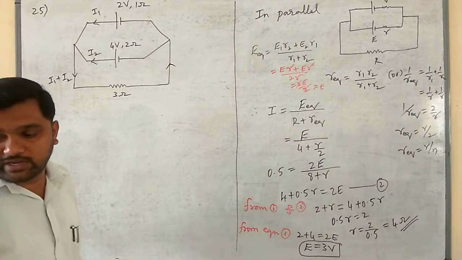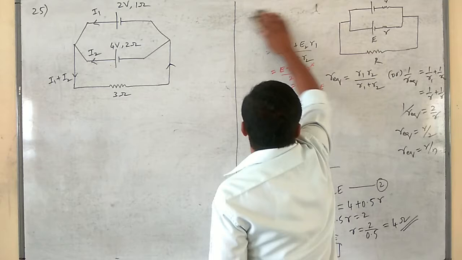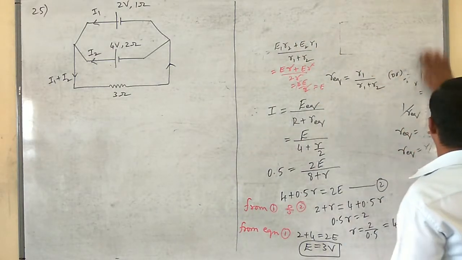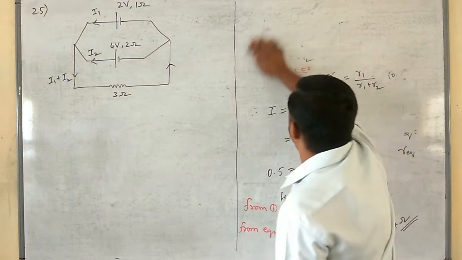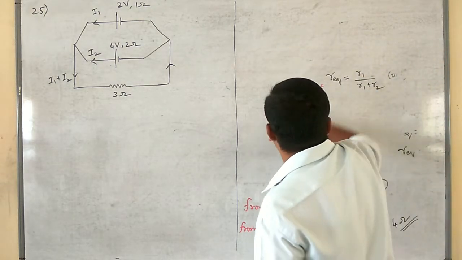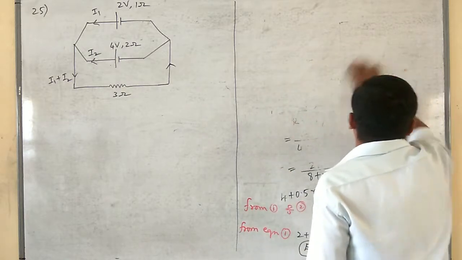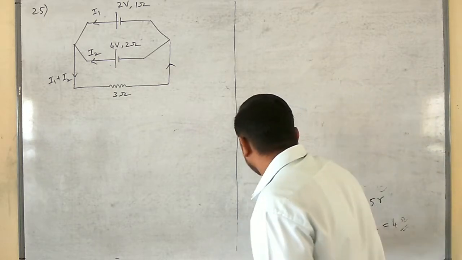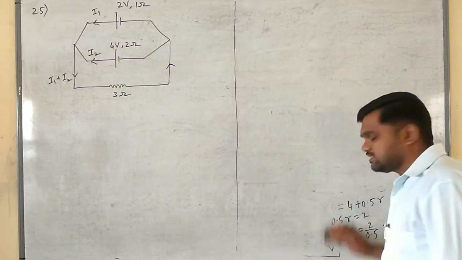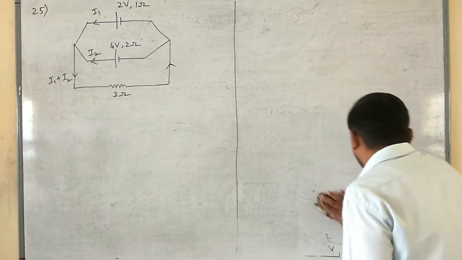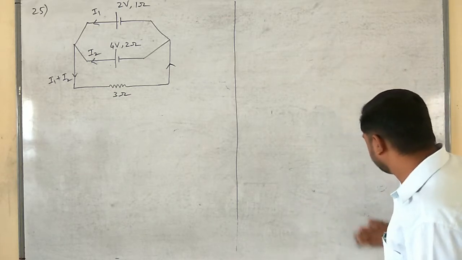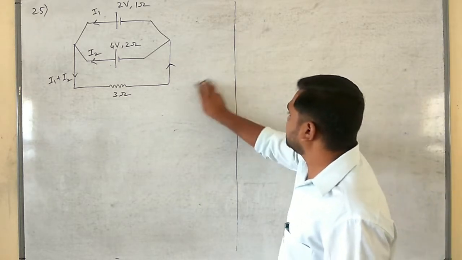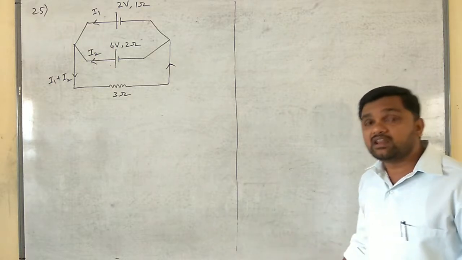How to find the value of I2? Of course, simple circuits can be solved by using Ohm's law, but here it is not a simple circuit because it consists of more than one cell, I mean more than one PD. Hence, we have to go for Kirchhoff's law. Kirchhoff has given us two laws. The first law is Kirchhoff's current law, which says that at a junction of a closed electrical circuit, the sum of currents entering is equal to the sum of currents leaving.